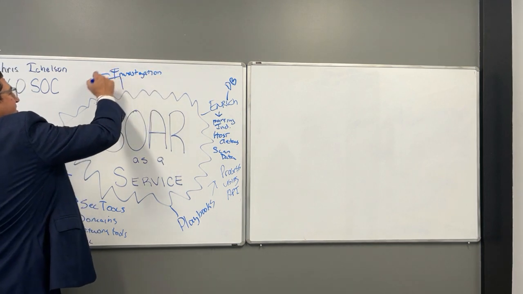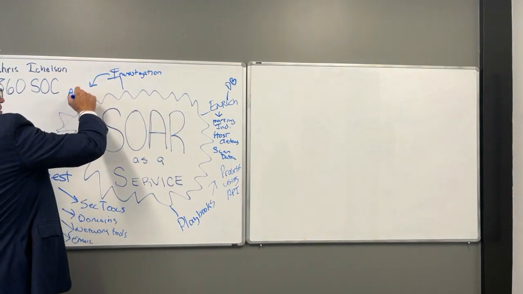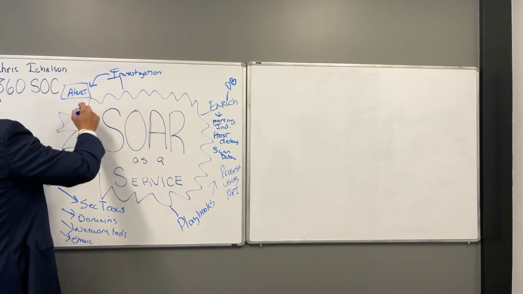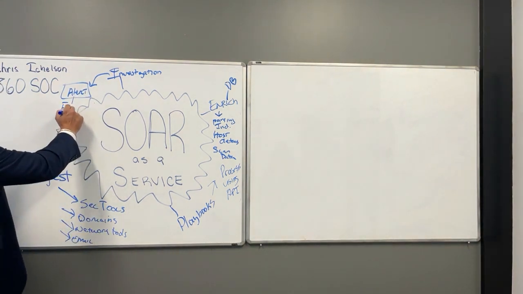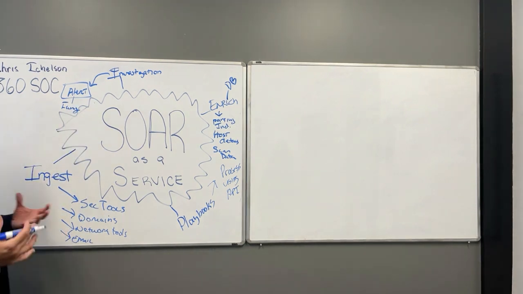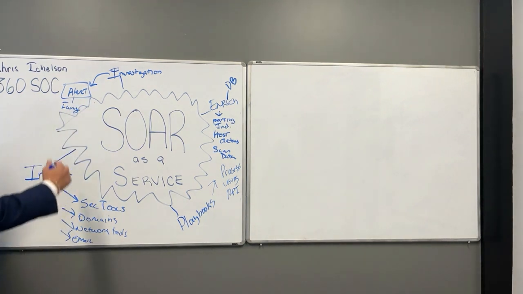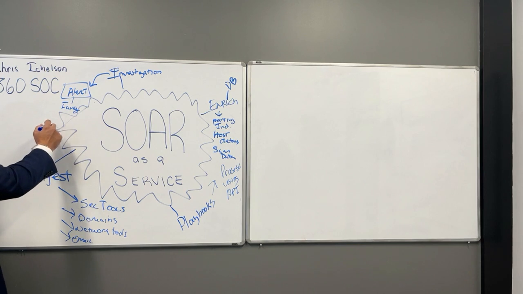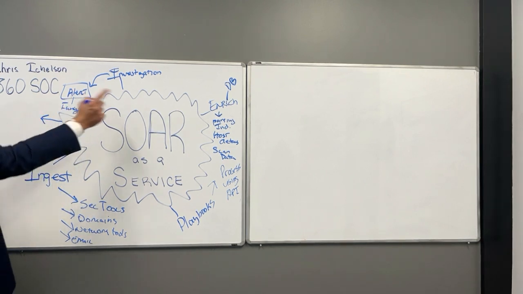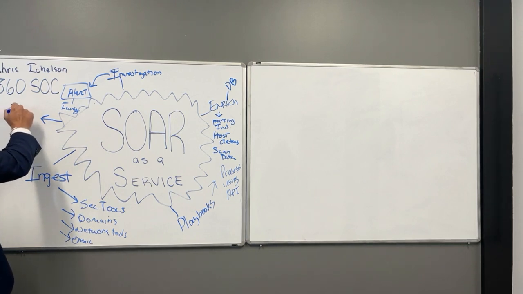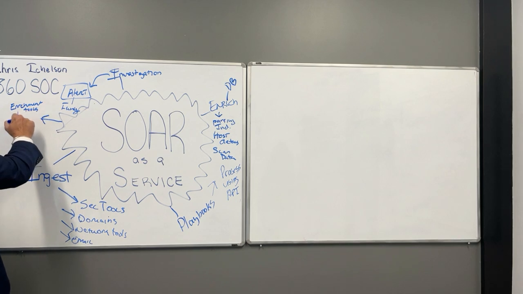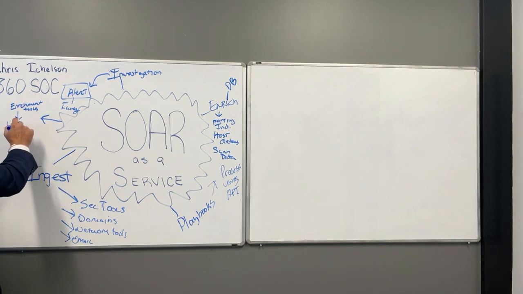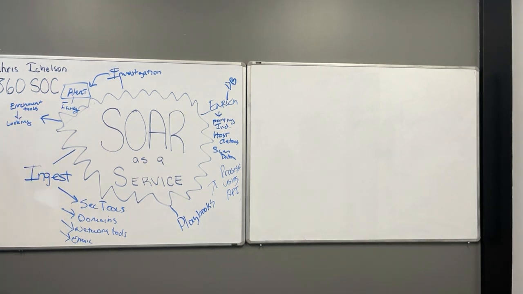So what the investigation is: we have this thing called an alert. It's now been made pretty. It's all fancy, in a nice, readable format for the analyst. And once we get that, we're going to have to investigate that, and we're going to use the tools as we talked about, some of those things like the enrichment tools, things like looking for commonalities.